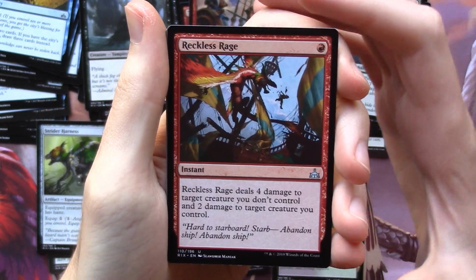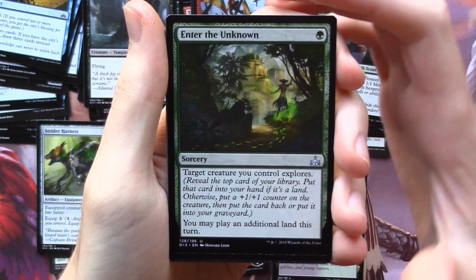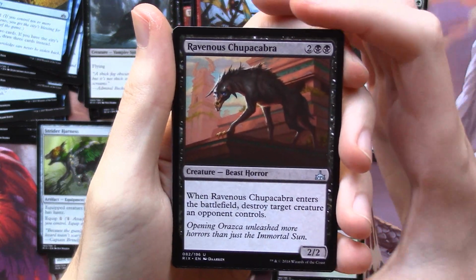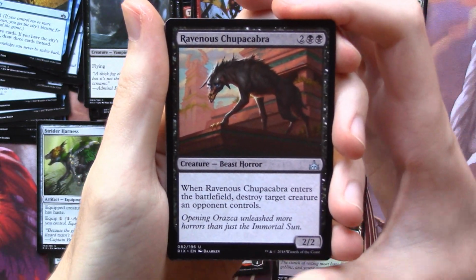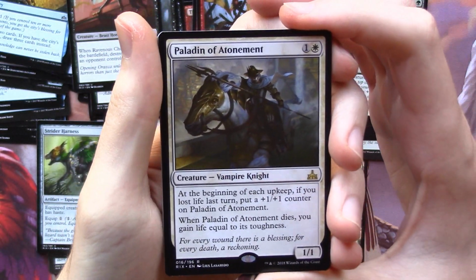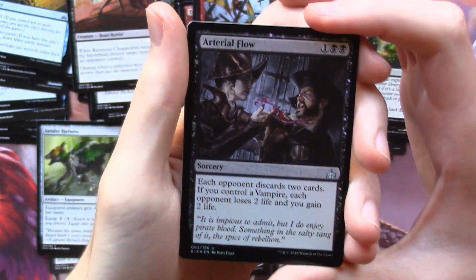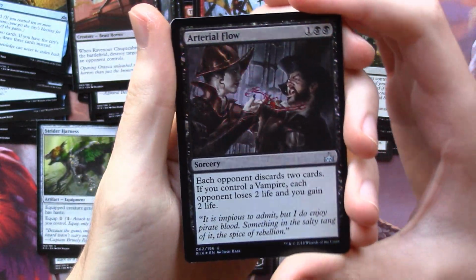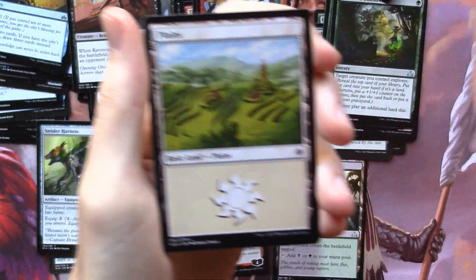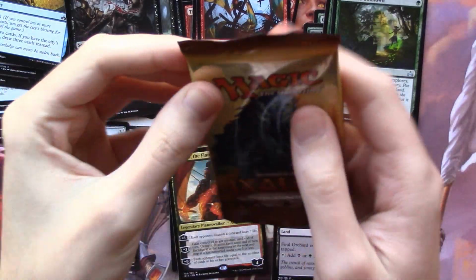Our first uncommon is a Reckless Rage. Then we have Enter the Unknown, a Ravenous Chupacabra, and our rare is a Paladin of Atonement. Alright, and we even get a foil Arterial Flow. On to our second to last booster here,